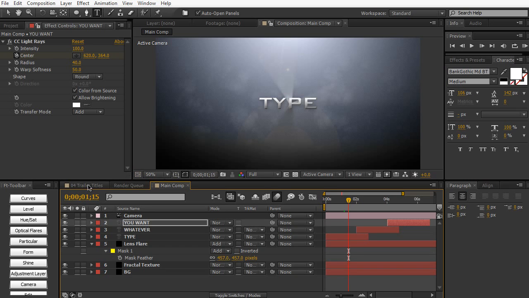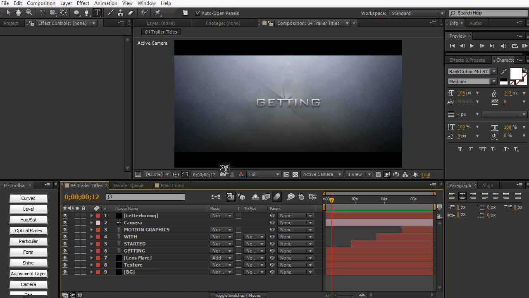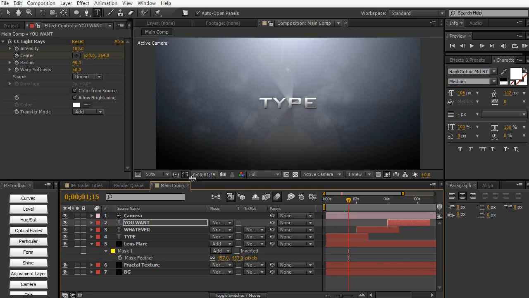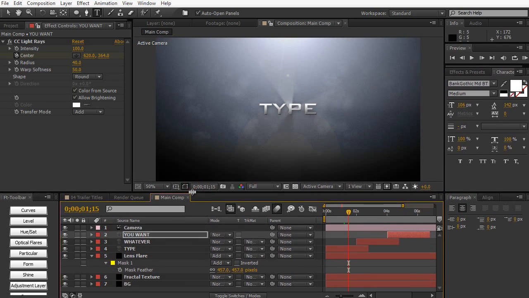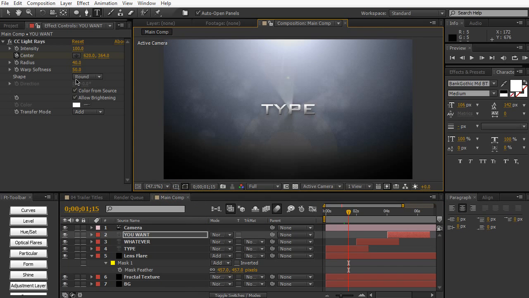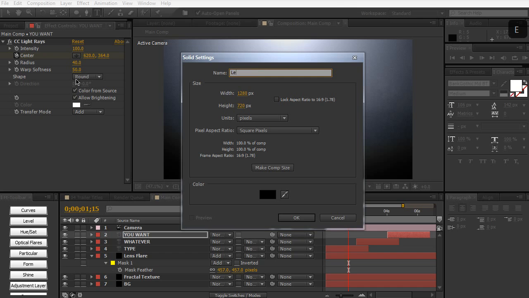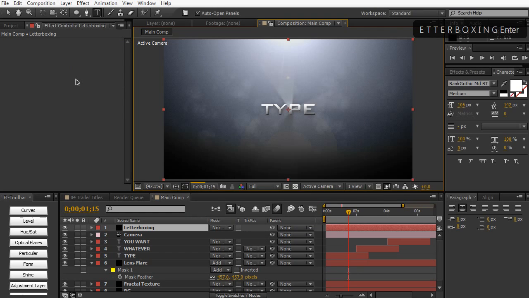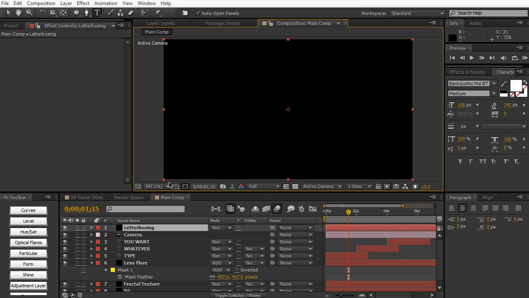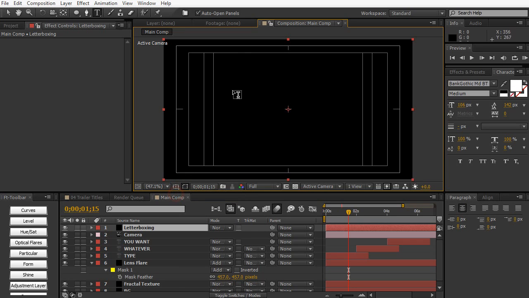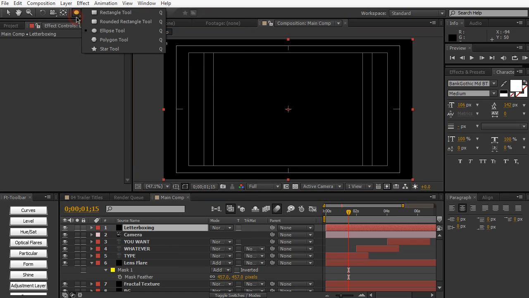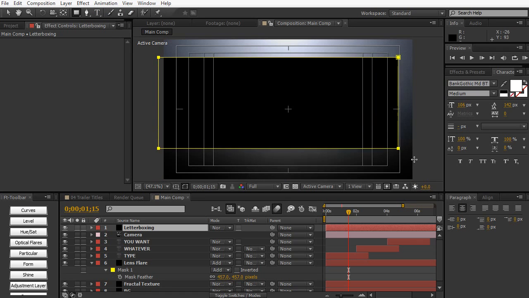Now, in the original demonstration, I added this nice cinematic letterboxing to give it a finished look and that cinematic focused look. So you can either render it out with the wrong aspect ratio, or you can manually create these. To create these, go ahead and create another new solid layer, Control Command Y, and call this letterboxing. And then let's turn on the title safe, just so we have a reference right here, and get the rectangle tool and draw a pretty even mask